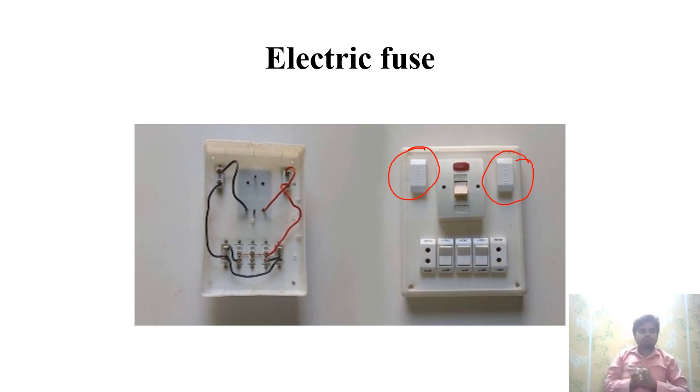You have to think about what is present inside the fuse that protects the different appliances: AC, fridge, mixies, laptop, printer, all different types of appliances. Okay, so if the electric fuse is in good condition, and if there is a sudden increase of current in the circuit,